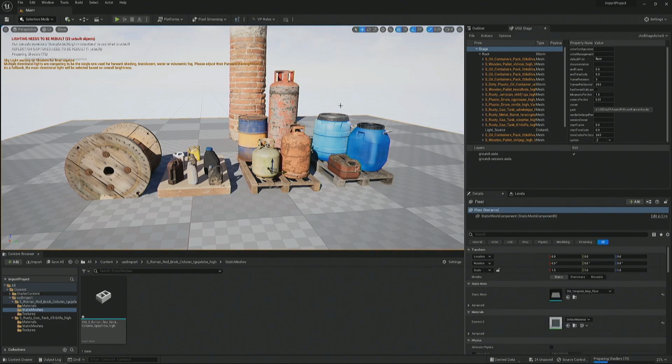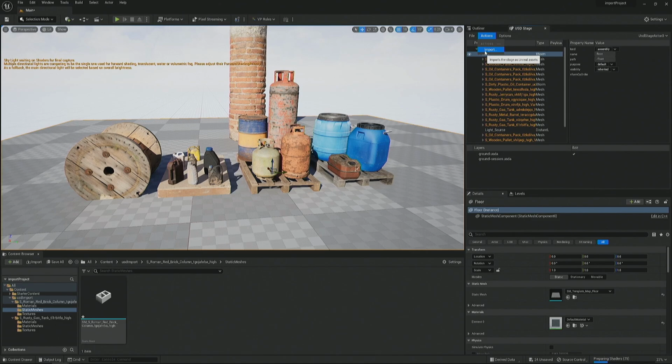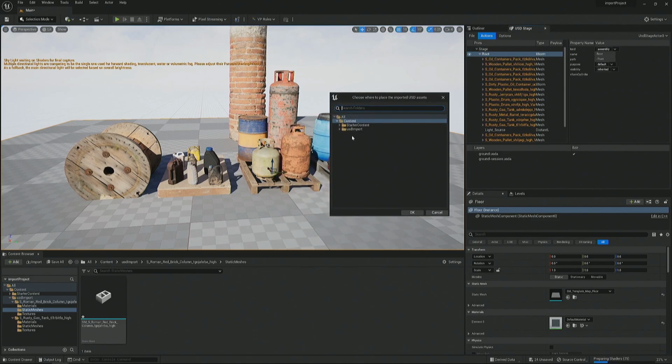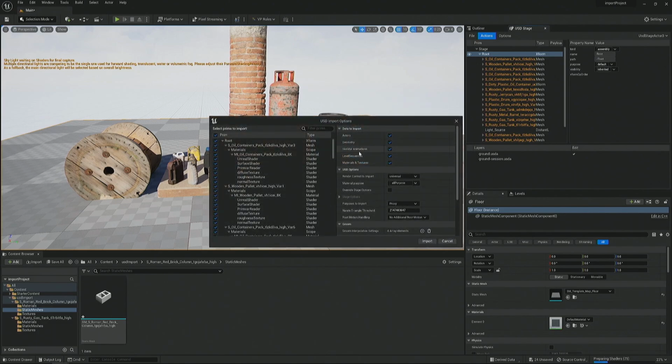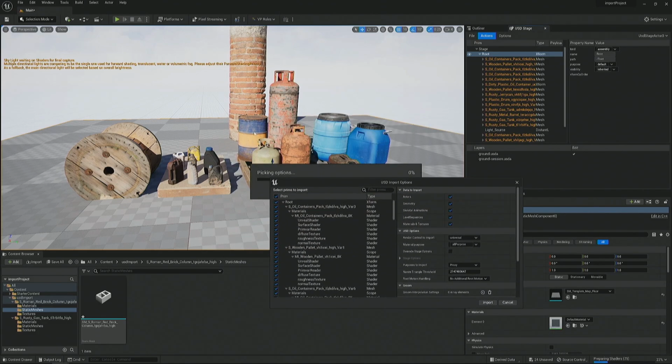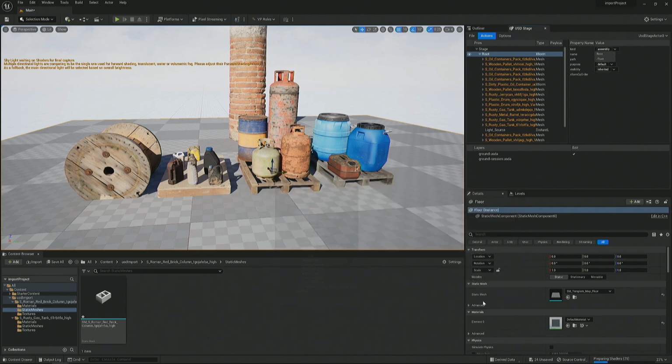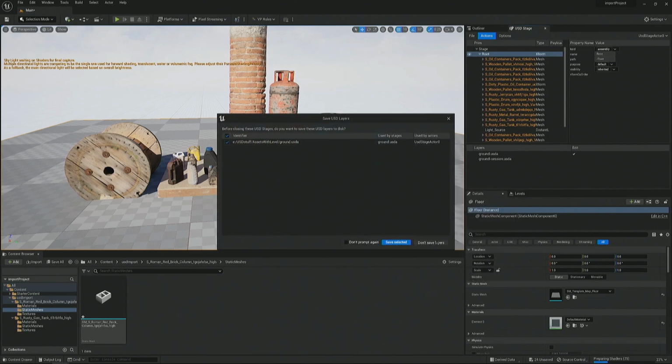Yeah, so you've got the individual assets showing up in USD. As I load something into the USD stage, I can access those things. I can move them around and change the position. In this case, I'm trying to ingest it into Unreal because I want everything in Unreal. I'm going to choose actors, and then once I hit import, they'll still be sitting there, and I'll have everything in the content browser.